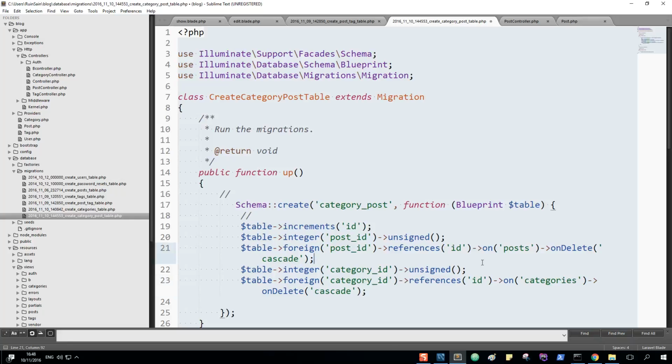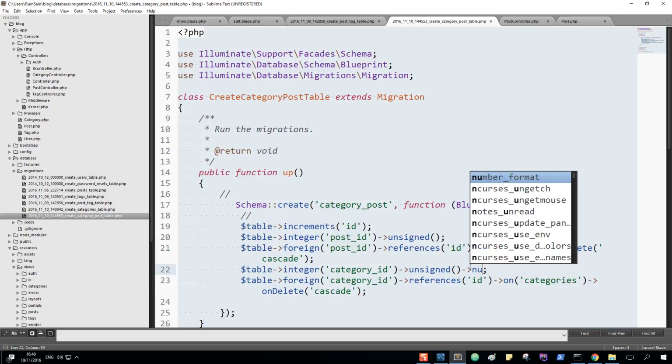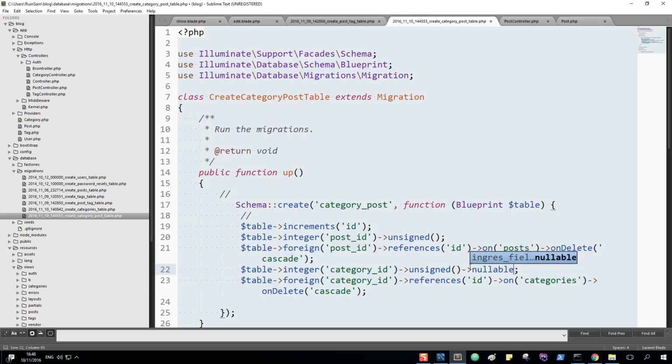So basically, let's see. Let's make it unsigned, and let's make it nullable. Nullable. Because